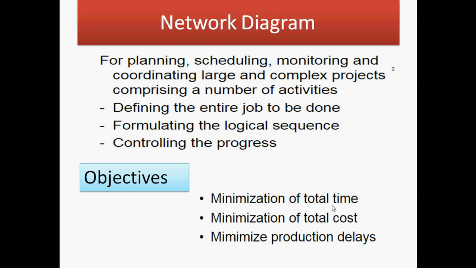Similarly, we can go for minimum total delay, that means where a production delay is there. Whenever the production delay is there, we can accommodate it with the help of a network diagram. So we can identify that, and then we can go for planning, scheduling, monitoring, and coordinating all the skills of the projects, and then we can perform the new activities, and that is nothing but the completion of your project. So within time, within a reasonable cost, and within that delay, we can perform an activity. So that's why the network diagram is mostly used in industries nowadays.